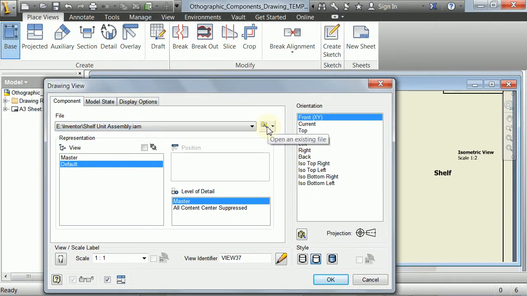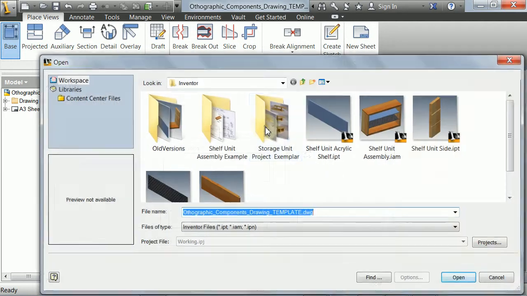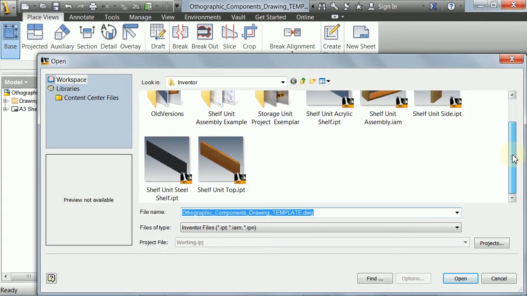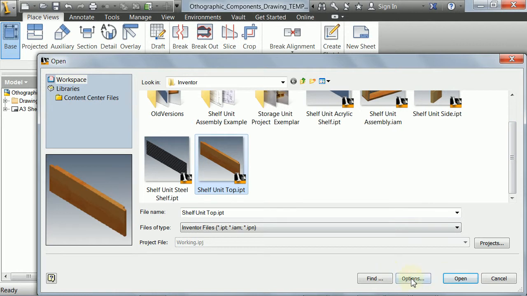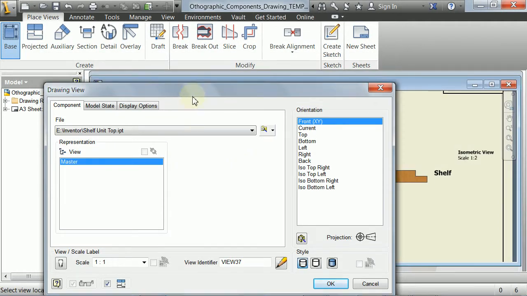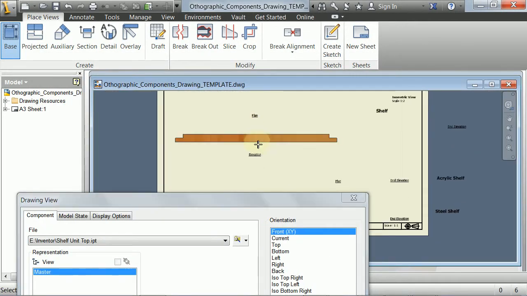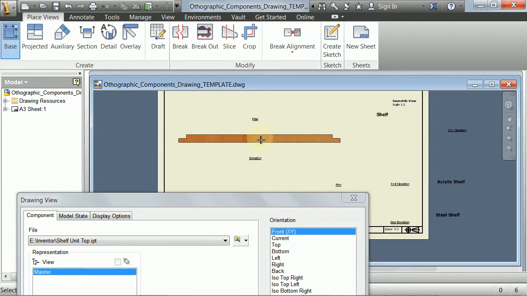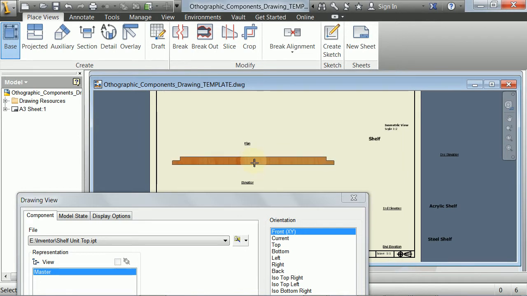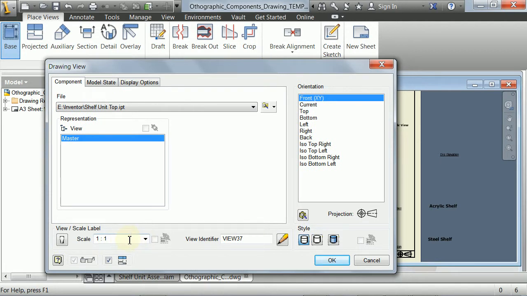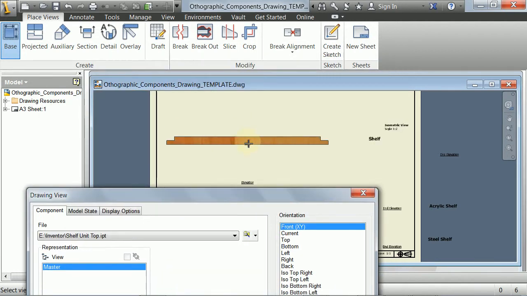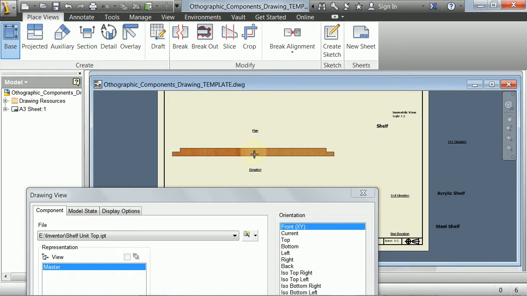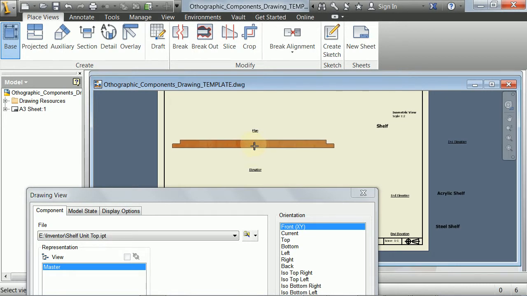Over here I've got a Windows folder button, and I'm going to navigate to where my design is. I'm going to use the top unit one first, and when it brings it in, you get a shape there, and you just have to make sure that it is orientated in a way which is going to work for your design. There's a scale here as well. In this case I'm going to leave this as 1:1 because it fits. So basically I'm going to position this about here,